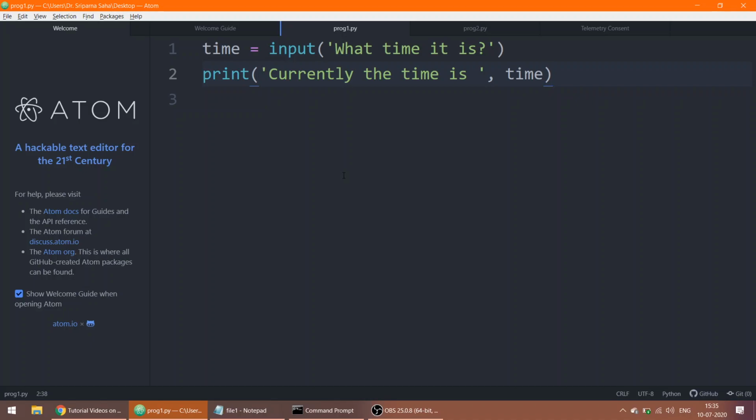In the first line, we are making a variable. This variable is named time. Okay. So time is going to take an input from us. Input means it's going to prompt us to give some input. Whenever you use this particular function, that is input, the Python program will ask